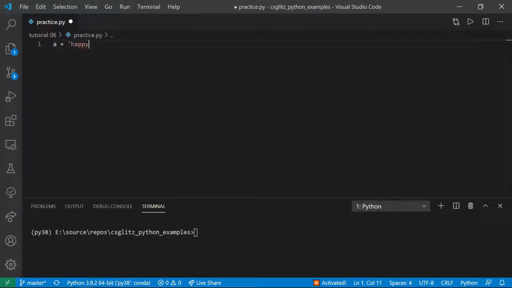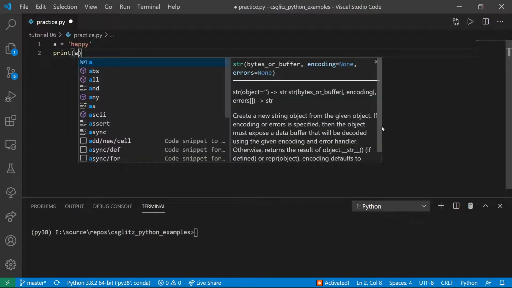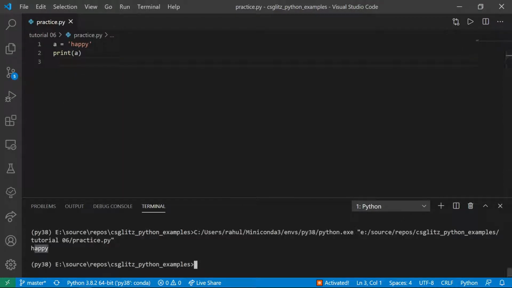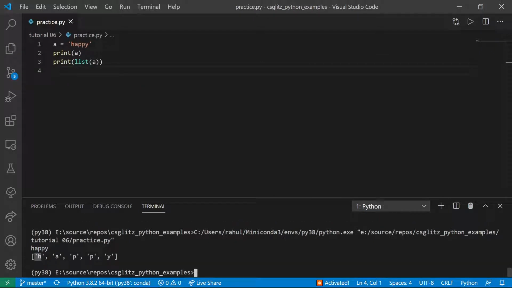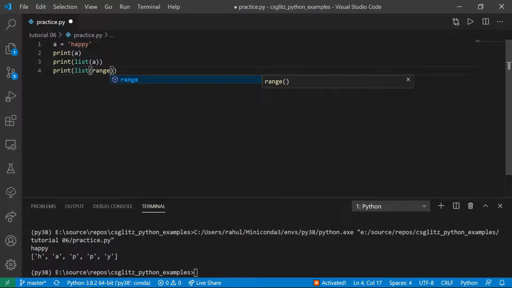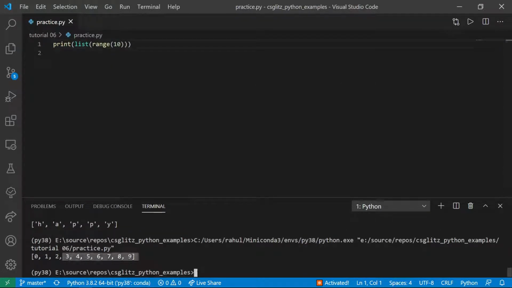The list constructor is a method that takes an iterable object and generates a list from it. We can use it with strings as well as any other iterable. This is an elegant way to generate a list of all the odd numbers less than 10.